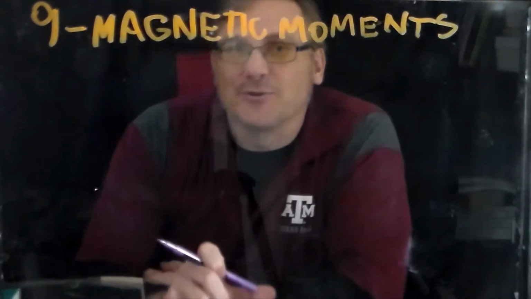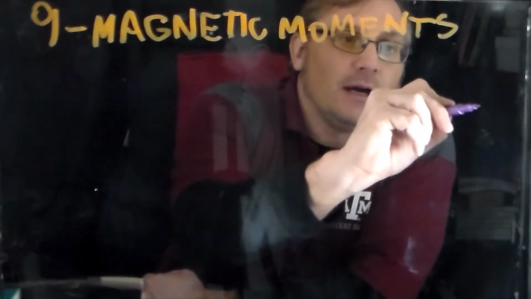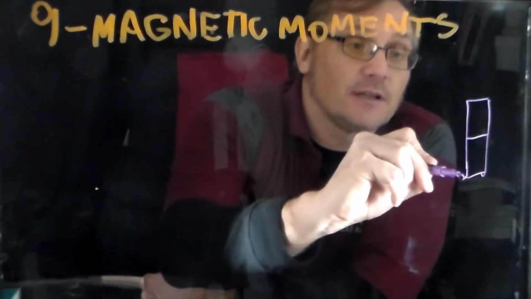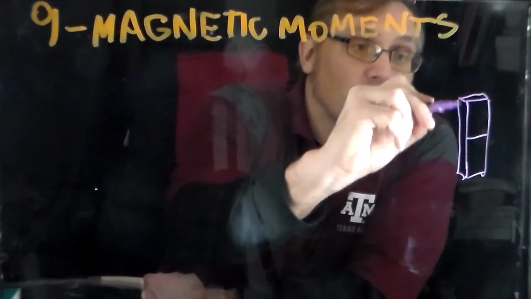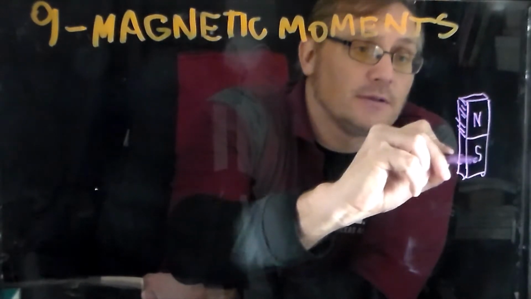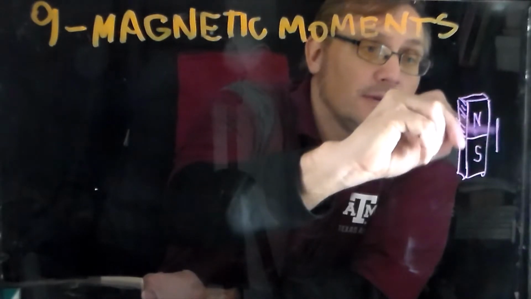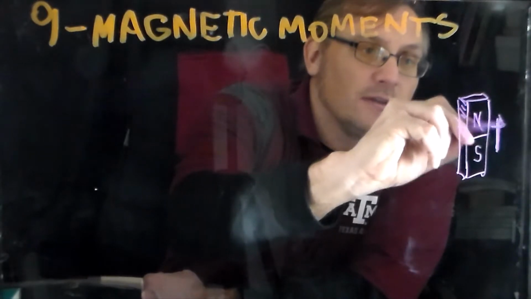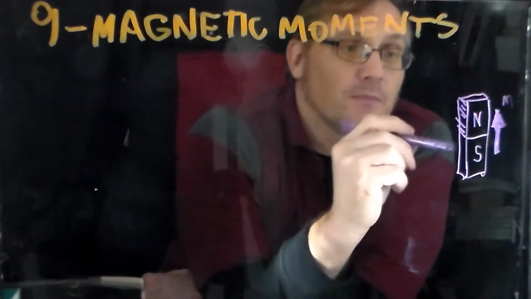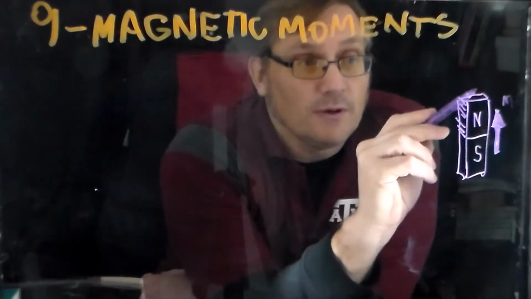Okay, howdy. So now we'd like to talk about magnetic moments. What do I mean by magnetic moment? Well, if you had a bar magnet, which you may or may not have seen in the past, I suspect you have, sort of like that. That'll have a north and a south to it. Well, the magnetic moment is the way we talk about that in physics, all right? So the magnetic moment, and we'll call that little m, points from the south pole to the north pole of the magnet,